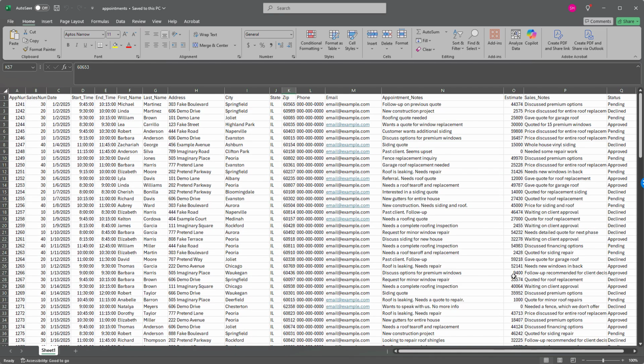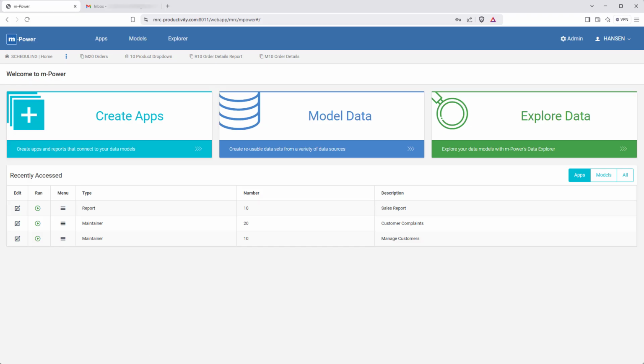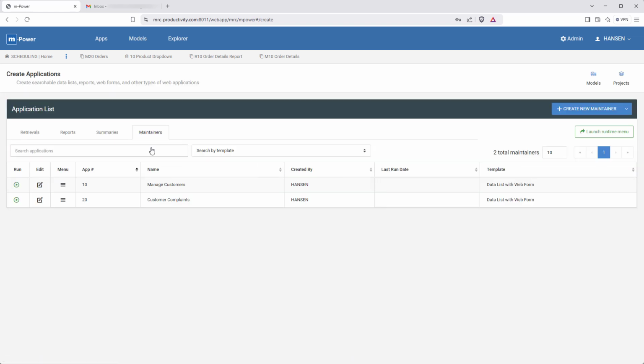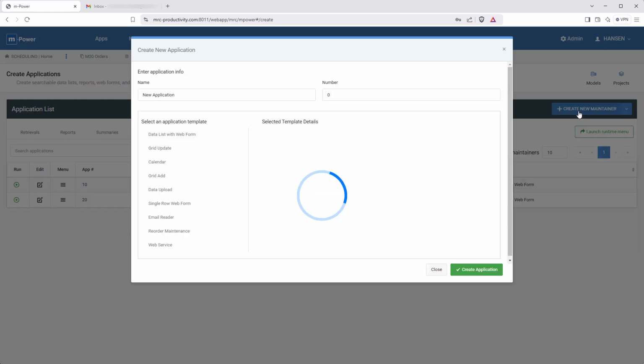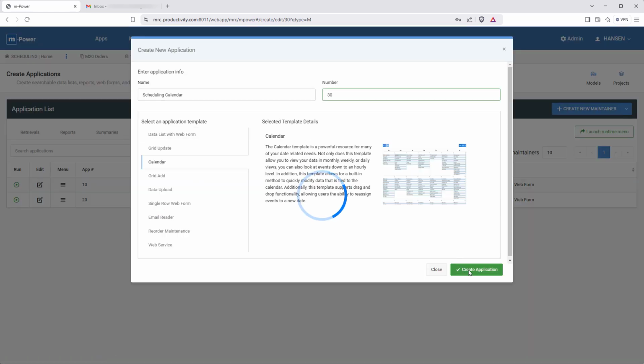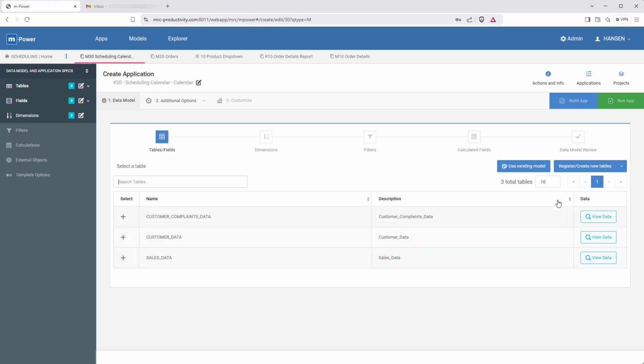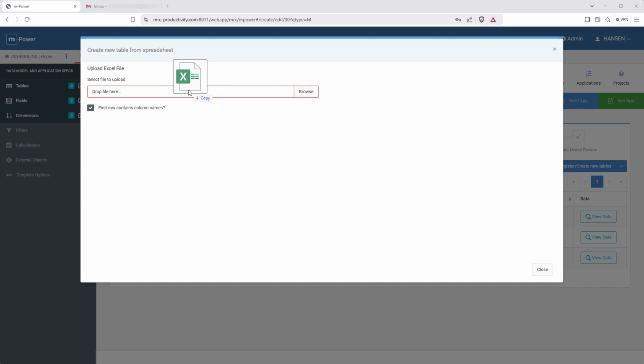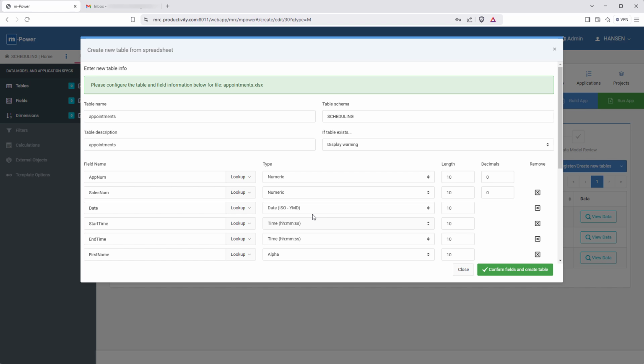The great part is we'll be making a custom solution faster than it takes to deploy a generic off-the-shelf scheduling tool. I'll be using our low-code development platform, Empower, as it simplifies the process. Now, Empower builds any type of application, but for this one, I need to select the calendar option since I'm making a scheduling app. In this demo, most of the data I need is in the scheduling spreadsheet that I just showed you. We'll need to upload that data into a database table first.